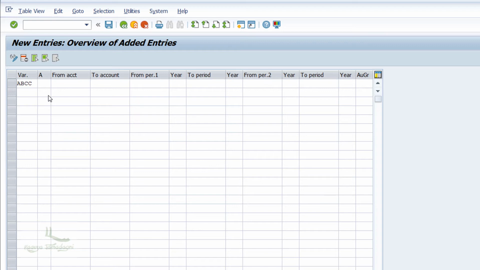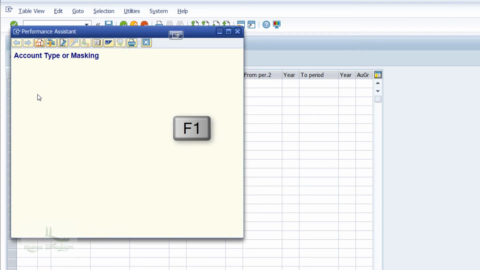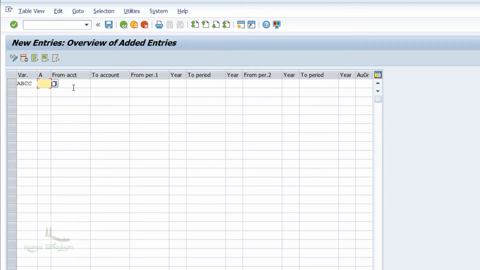Guys, if you're not sure what a column name means anywhere in SAP, don't worry. You just have to place the cursor on it and press the F1 button on your keyboard. A help window appears with the required information. So I'll press the F1 key. Can you see a pop-up over here? That pop-up is the help window, which appears with complete information, and here you can observe the information about this field. Now I'll just close the window as of now. You can do this for any column, anywhere in the SAP system.